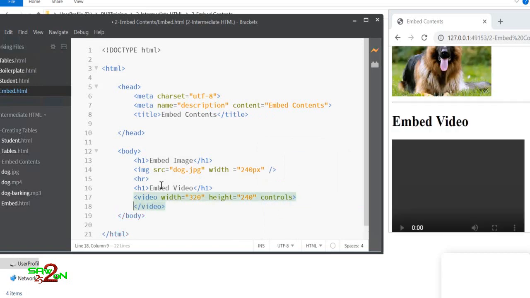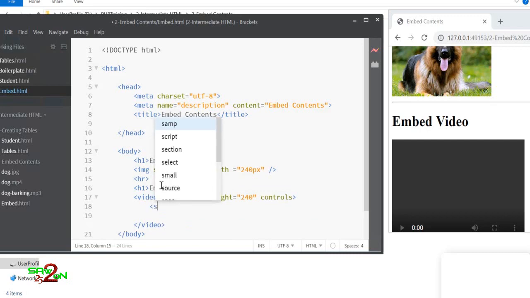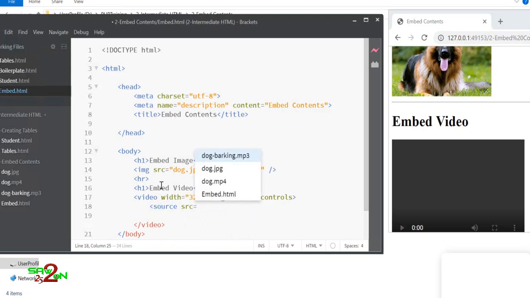I want to define my own controls, so now I'll define the controls, and I will define the source of that file. Inside the video you have a tag called source, and then you have to mention your source. So this is my source. And the type is video/mp4.